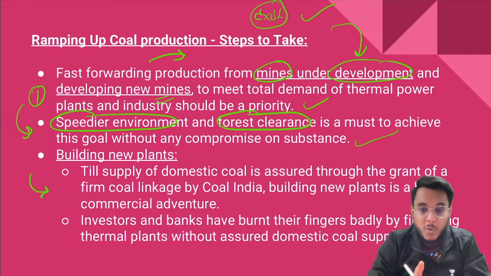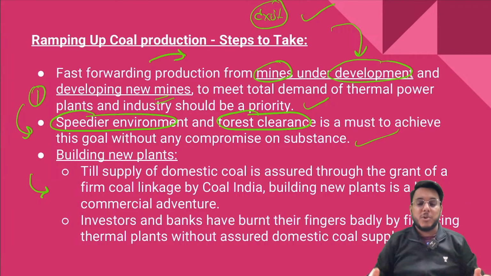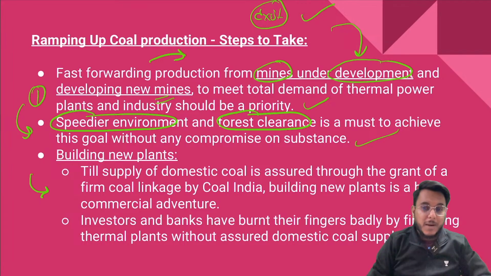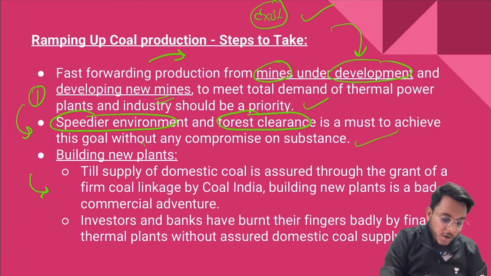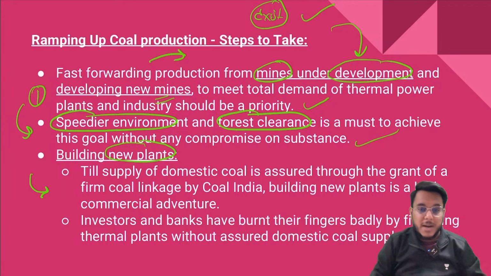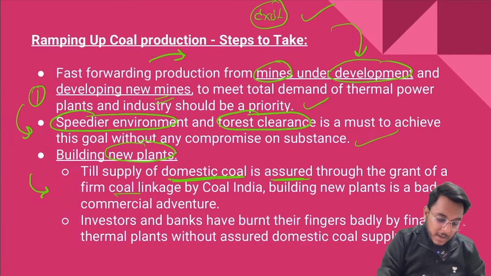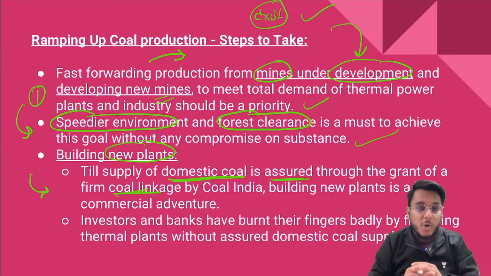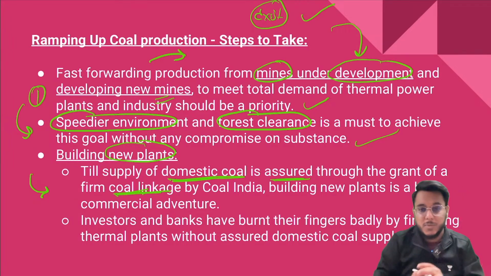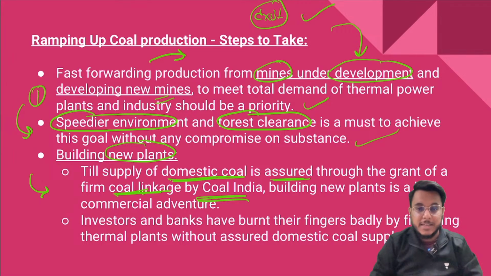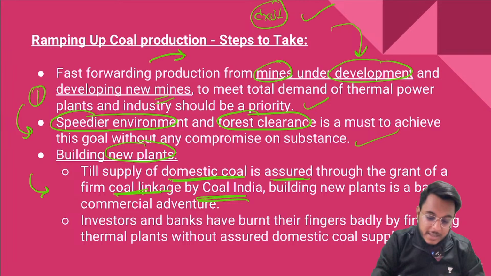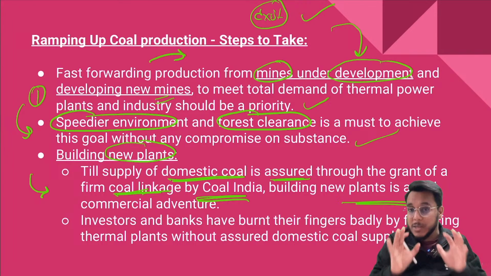Now another proposal that comes is: should we allow the building of new coal power plants? It has been provided that we should not allow the building of new coal power plants till the supply of domestic coal is assured. For that, we need to procure a coal linkage, a coal assurance by Coal India. Is it clear or not? Only when Coal India gives an assurance that a supply of coal will be given, then only the new plant is to be started. Otherwise, new